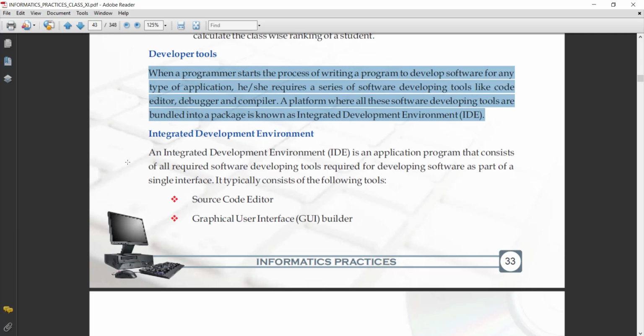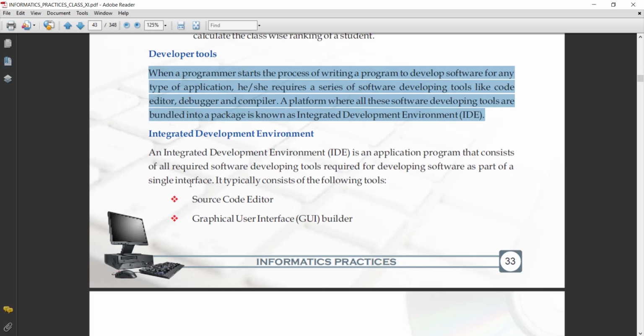Now we also understand about the IDE. What is the IDE? I think you know the full form of IDE. What is Integrated Development Environment? An integrated development environment is an application program that consists of all the software developing tools required for developing software as part of a single interface.